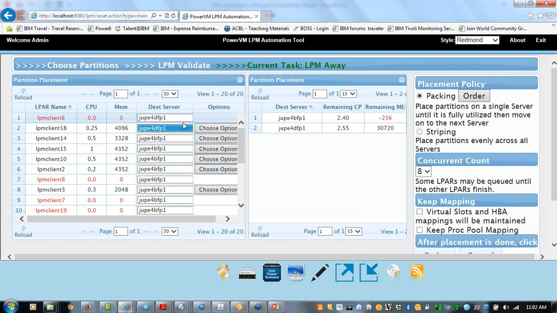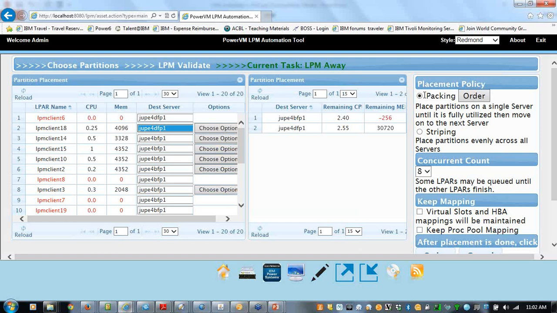And so we have some other options. Since we're talking about placement right now, we have a packing option, and this is in the chart deck, but I'm going to explain it here. So packing means I want you to put all the LPARs on the first server first until it gets filled, and then start packing it on the second server until it gets filled, and then on the third server, if you have 3 of them or 4 of them, etc. And you say, well, how do you decide what to pack first and second and third?